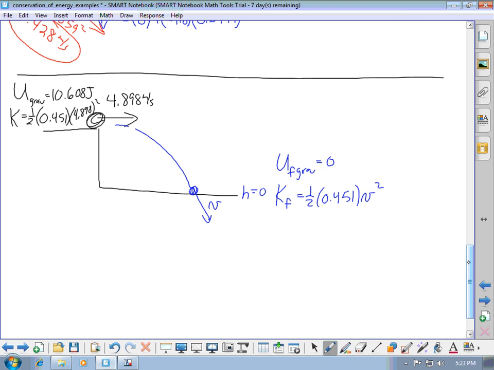So again, if I use this method, this is after it hit the patch of friction. So I just have to look at the initial potential energy plus the initial kinetic energy. Is that equal to the final potential energy plus the final kinetic energy? This is after it has left the spring, so there's no spring potential energy. I'm just leaving it out of the equation. So we have the 10.608 joules of potential energy that it has, plus this kinetic energy up here